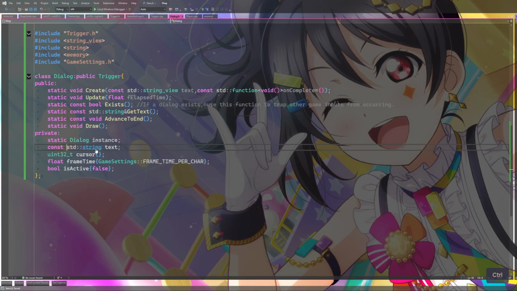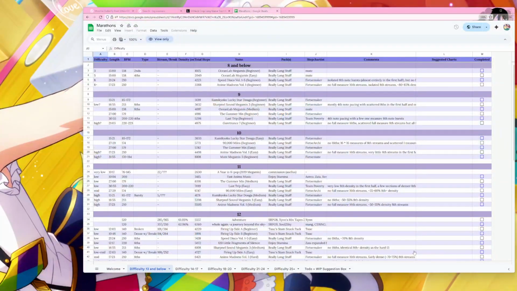This is a conversion. Should be. Oh, it's const. I have to get rid of that now because we can't use const if we don't have a constructor. So the only thing we have to do is set up the trigger.